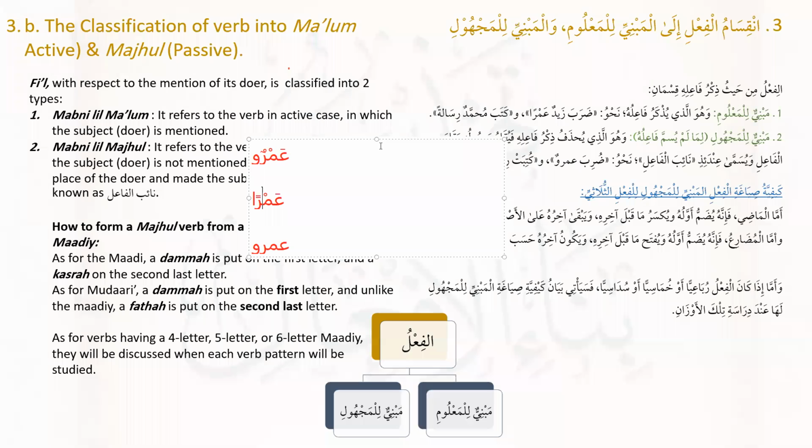Mumtaz. Because it is ممنوع من الصرف. أحسنت. Umar is ممنوع من الصرف. Remember that any ism on the wazn of فعل is ممنوع من الصرف. Hence, because Umar is ممنوع من الصرف, it would not have a fathatain. If it does not have a fathatain, we will not be putting any extra alif. And Umar in mansub state would be written like this, umara. And because we have the alif here, we don't need the waw anymore. But in the rafa state, we need the waw, because if we don't put the waw, it will be confused with Umar. And also in the jar state, we need a waw because it will otherwise be confused with Umar. طيب.